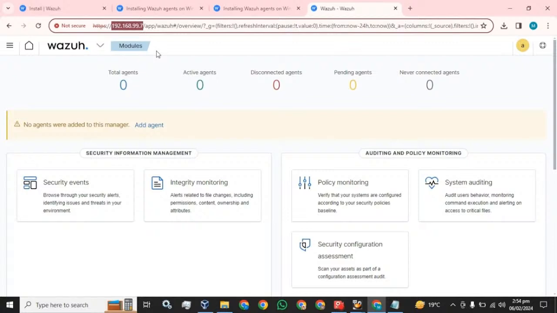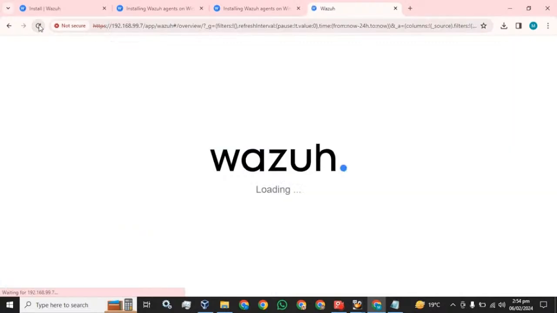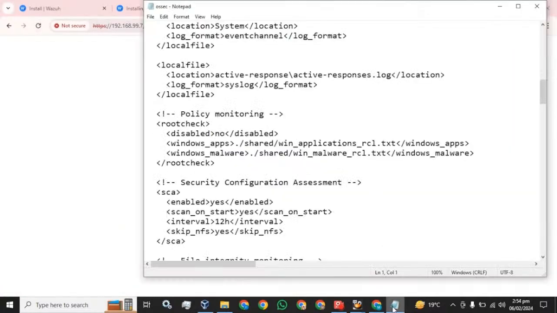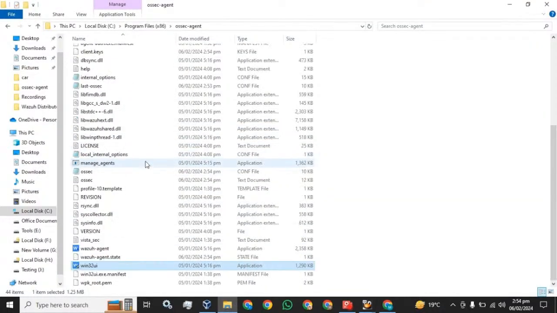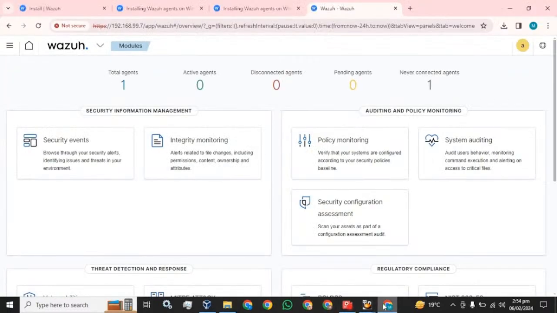192.168.99.7. I have installed the Wazuh indexer and Wazuh manager on another node, which has the IP 192.168.99.5. You have to give the IP address of your Wazuh indexer and Wazuh manager node. You can see